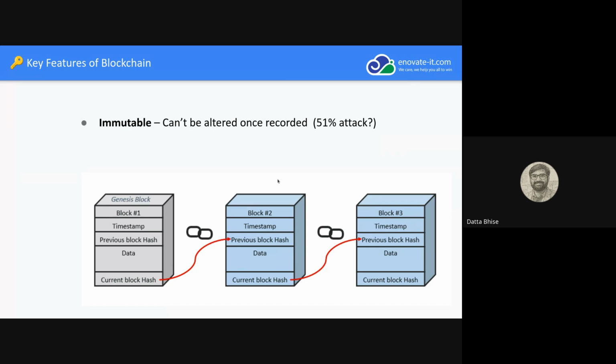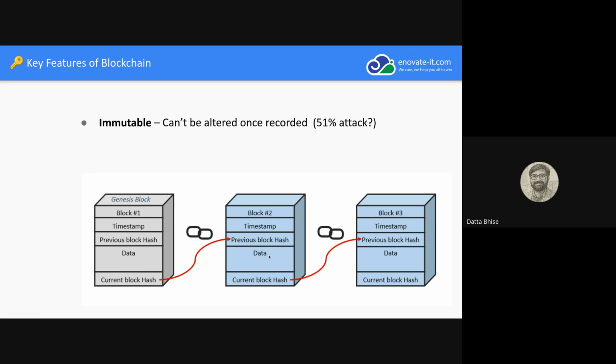Like I mentioned, once the transaction is recorded in the block, it cannot be altered. So you can see this chain of transactions, chain of blocks. Each block has some transactions as well as the block's timestamp, the previous hash and the current hash of that block. Okay, so now consider why it cannot change. You can see first block, second block, third block. Now I want to change some content of the second block. If a miner or some hacker tries to change the data in block 2,